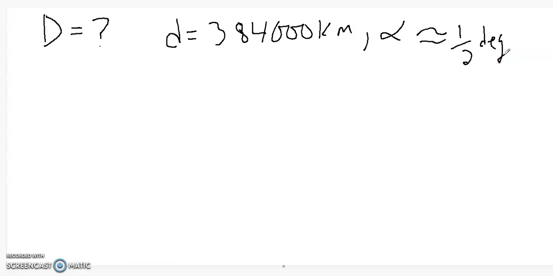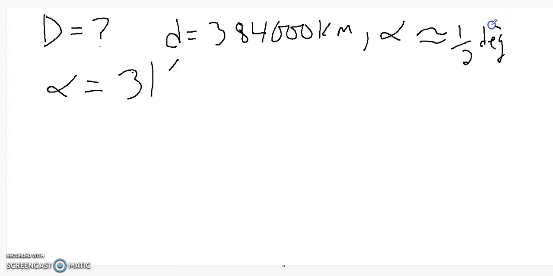But suppose you used a telescope and you wanted it a little bit more precise than that, and in the telescope you measured it down to the arc minute. And suppose you found that it was exactly 31 arc minutes in size. All right, so given that, what we need is to find the diameter of the moon. We've got all the information that we need. We know the distance, we know the angle. However, the one thing that we do need to do,